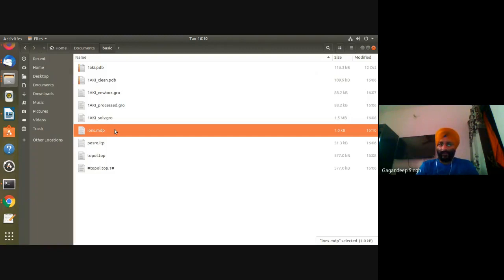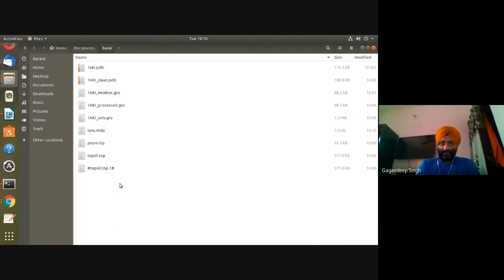Now we have to add the ions. Now we will assemble this by using GMX for our next command.